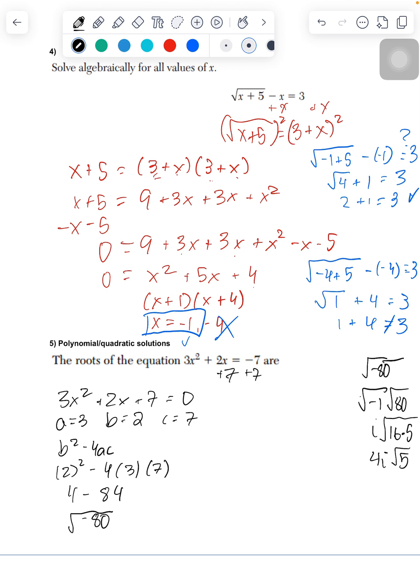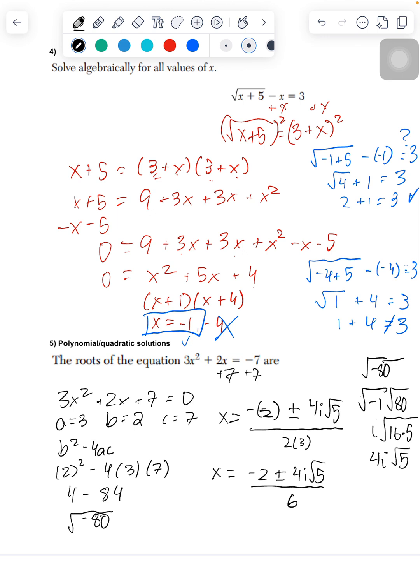So I'm going to plug this into the quadratic equation. I'm going to have x equals minus 2, so minus b, plus or minus 4i square root of 5 over 2a, right? So 2a, a is 3. So I'm going to have 2 times 3. All right, so I'm going to get x equals minus 2 plus or minus 4i square root of 5 over 6,